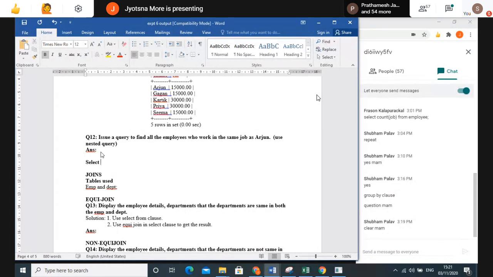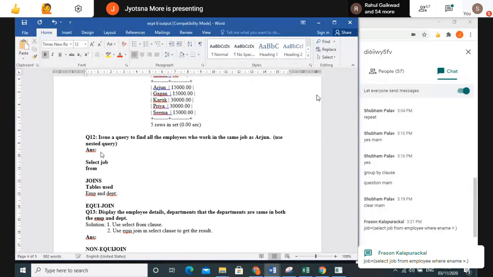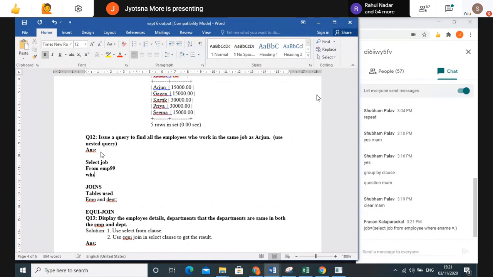Select job. Select job, correct. From the employee table, like Arjun. From EMP 99 in my case. Where e-name like Arjun, you can write, or I'm just saying equal to.